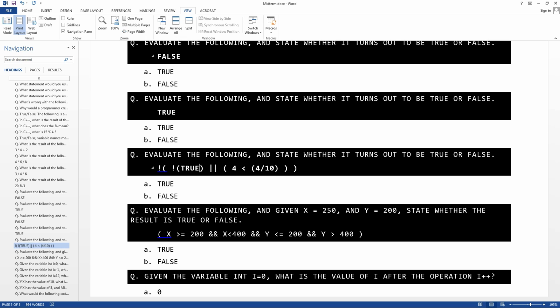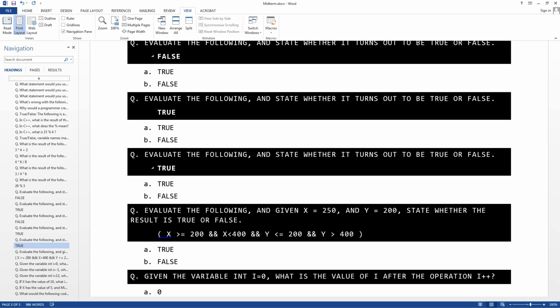It's true. What is the opposite of true? It's false. What is 4 divided by 10? That's 0. Is 4 less than 0? False. Okay. What is false ORed with false? It's false. And what is the opposite of that? True.